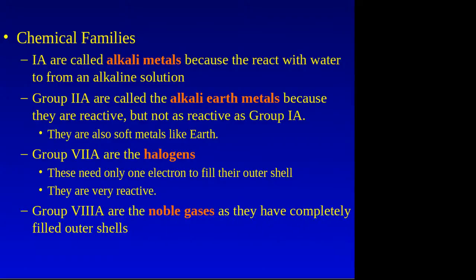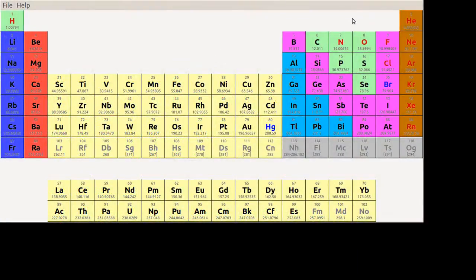The very last grouping, which I said are inert, back down here, are noble gases. That's helium, neon, argon. What is the name of that? See, I don't know. The names always get me. Is that krypton? Yeah, it's krypton. Xenon and radon.